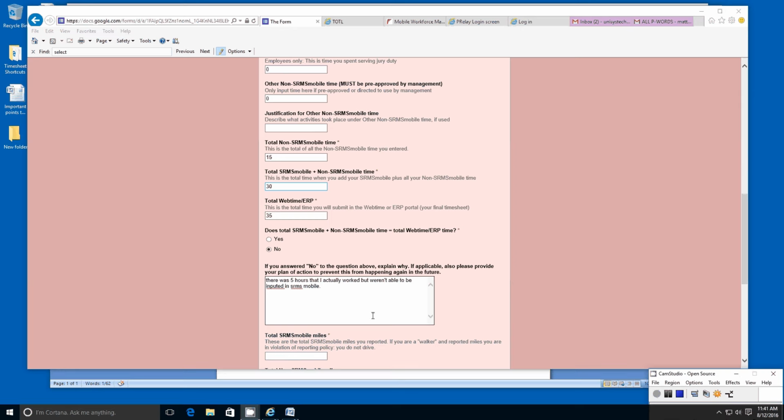You're also going to want to provide maybe some documentation, if needed, about the issue that may have occurred, and maybe why those 5 hours weren't able to be inputted into SRMS Mobile and what happened. So now, in the event that you